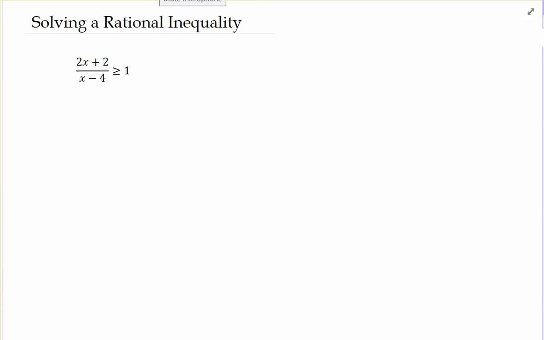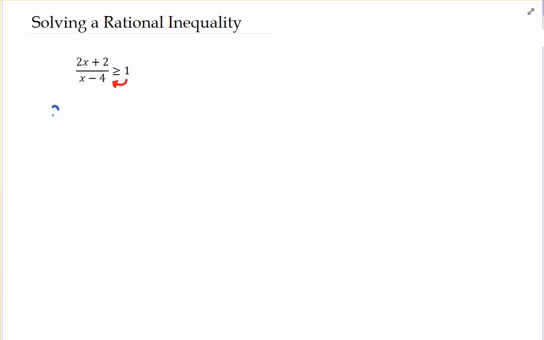Hey guys, Mr. C here, and I'm going to show you how to solve the following rational inequality. First thing you want to do is move the 1 over to the left-hand side, and the reason for that is because, as we discussed in the notes, we want one of the sides of the inequality to be 0. So when you do that,